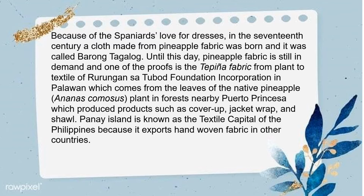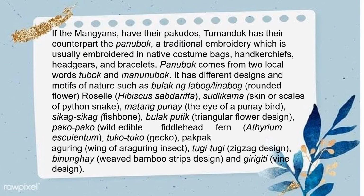Panay Island is known as the textile capital of the Philippines because it exports hand-woven fabric to other countries. If the Mangyans have their pakudus, the Tumandok have the panubok as their counterpart, a traditional embroidery which is usually embroidered on native costumes, bags, handkerchiefs, headgears, and bracelets. Panubok comes from two local words,